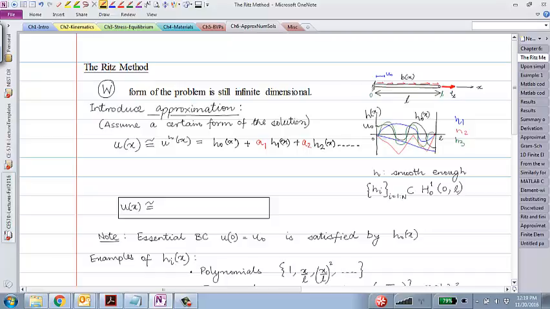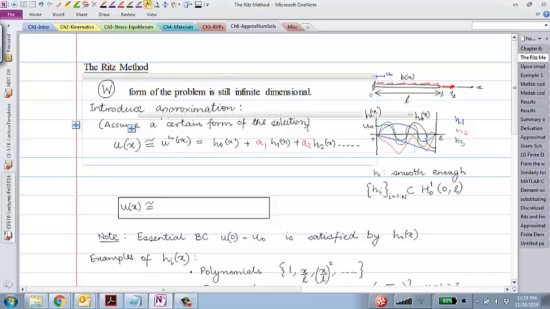Do you agree that if I approximate my real displacement in this manner, then whatever the value of a1 and a2, which we will calculate later on, this real displacement would actually be in h1,